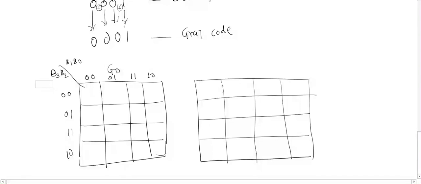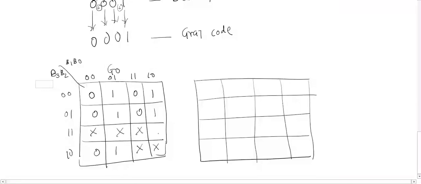Now for G0, the K-map will hold the values 0, 1, 0, 1, 0, 1, 0, 1, then 0, 1. Till 9, I am going to write all the G0 entries, and after 9, the values 10 to 15, we are going to consider as don't care inputs.